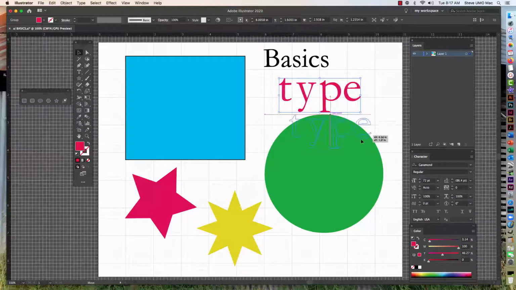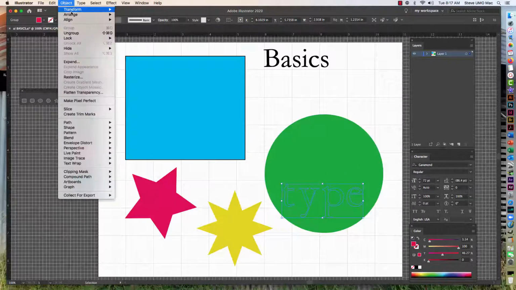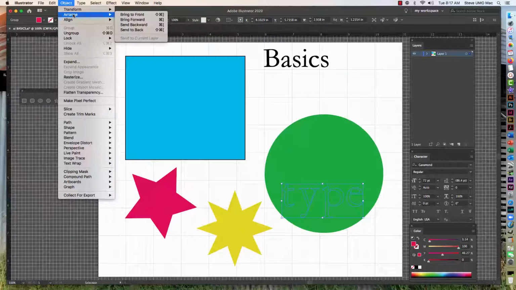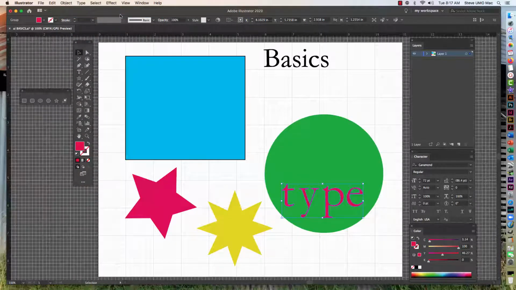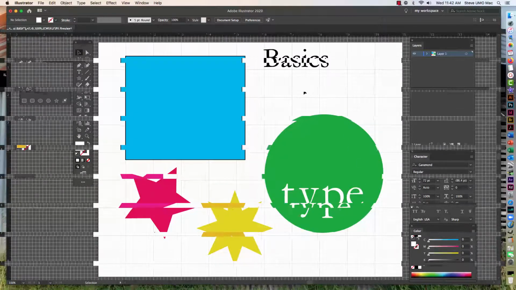But you can see then is once you get things arranged like you want, you probably want to go to Object, Group, and then you might say, where did it go? Well, it was added after the circle, so remember, just go to Object, Arrange, and bring it to the front, and there, that way it's in front of or sitting on top of the green circle. And I just decided it was a little bit, I mean, while it's complementary colors, I decided to change that